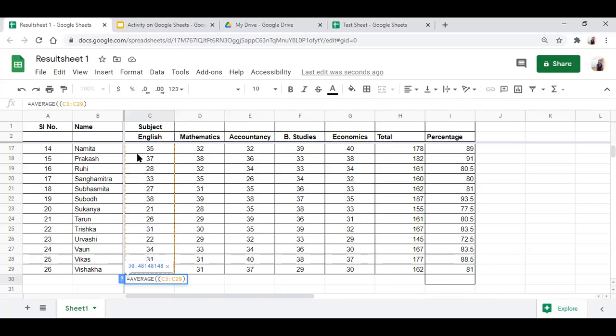Just like sum, I have to select. It's automatically checking, but we have to start from the beginning. Okay, so the whole column is taken, 30.4814